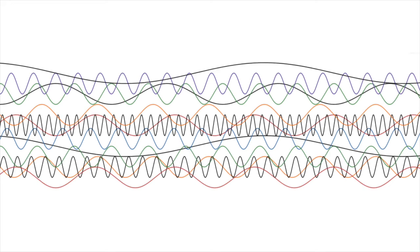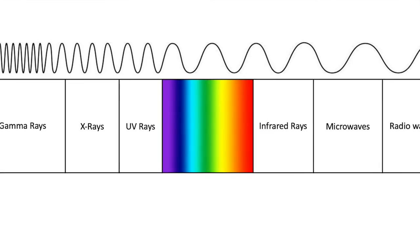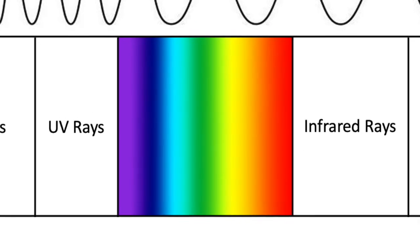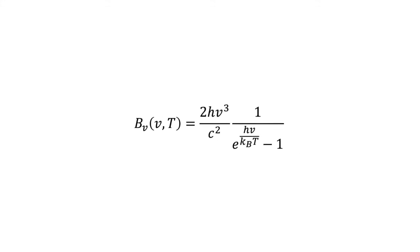So even though our filament is emitting a lot of photons that we can't see, we just need to have enough of them moving in the visible part of the spectrum for our light bulb to work. And it turns out the wavelength of photons that an atom emits basically depends on temperature. There's a fancy formula that shows this using Planck's constant, Boltzmann's constant, the speed of light, frequency, temperature, but don't